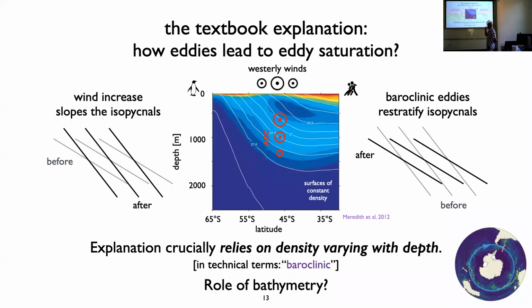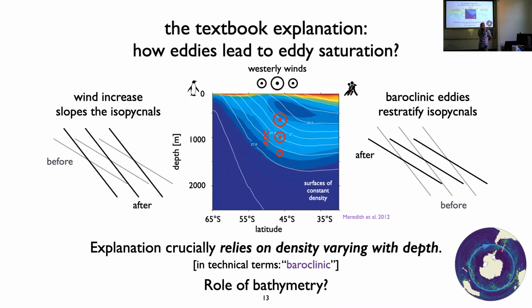But there's a key point here. All this explanation requires density varying with depth. Because if we didn't have that, we couldn't have any isopycnals being sloped, or sloped more, or potential energy being released, eddies and whatnot. And in technical terms, we call this configuration baroclinic, when you have variations with depth. And also, this explanation